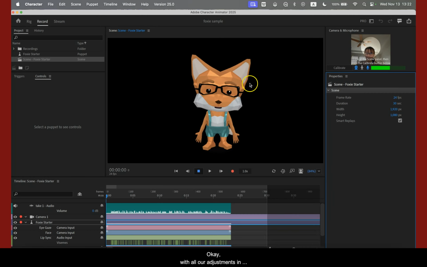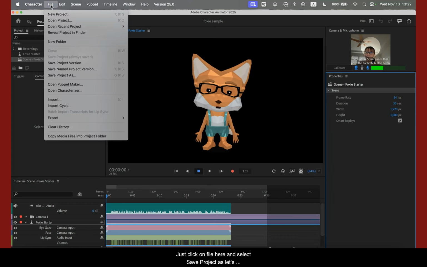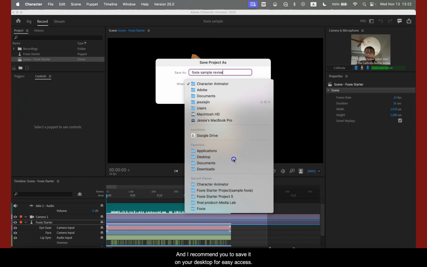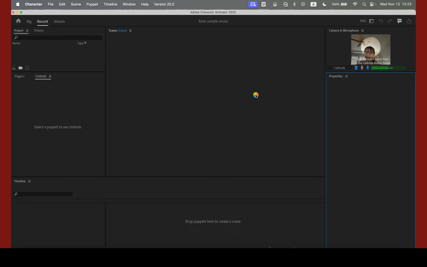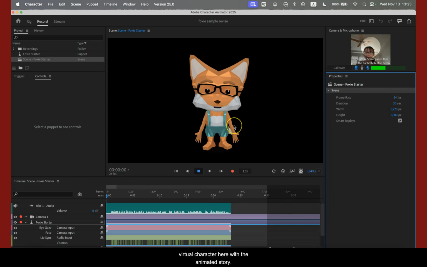Okay, with all our adjustments in Adobe Character Animator complete, it's time to save the file for further use. Just click on File here and select Save Project As. Let's rename it Foxy Sample Revise. And I recommend you to save it on your desktop for easy access. Okay, now let's move to Adobe Premiere Pro for the final step, where we'll integrate our virtual character here with